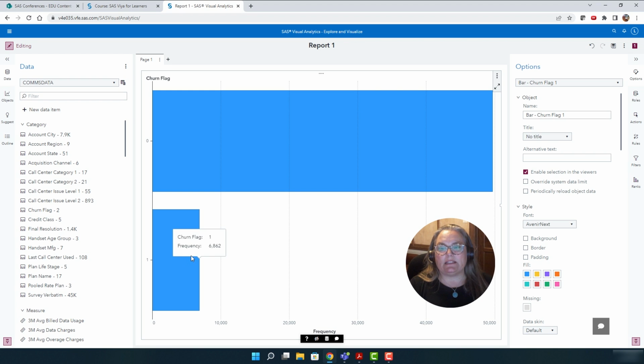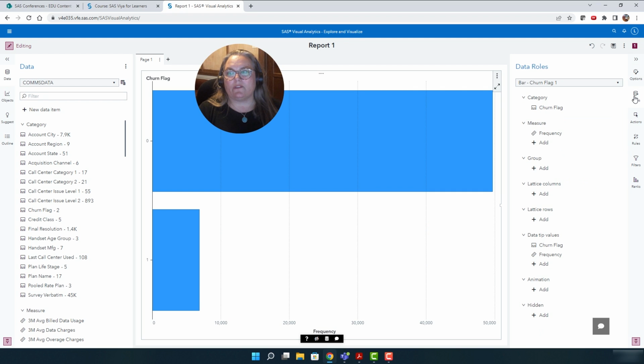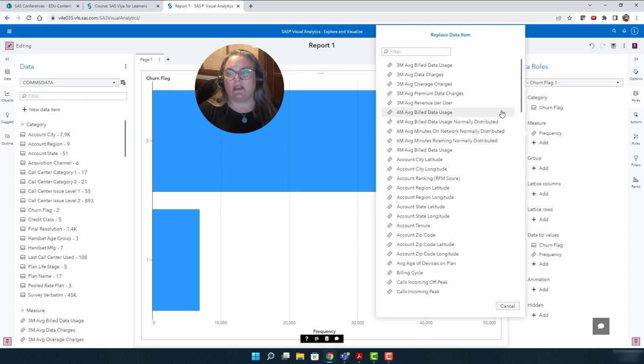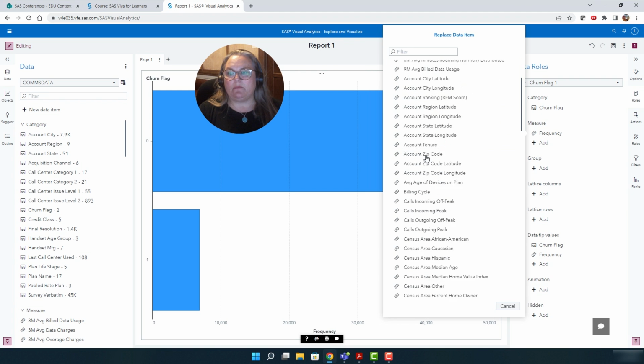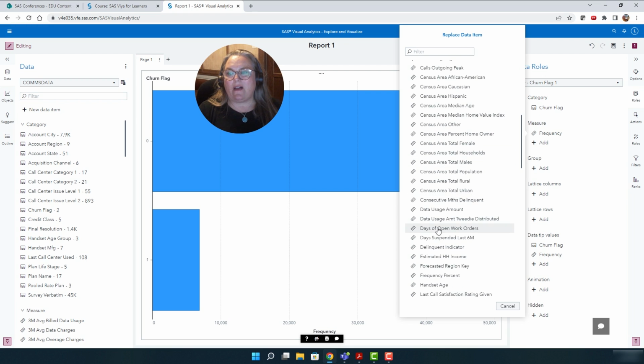It's currently displaying the frequency count. We could go over to the roles icon in the right pane and select frequency and change it to any measure we want. Well, I actually just want to change it to frequency percent.